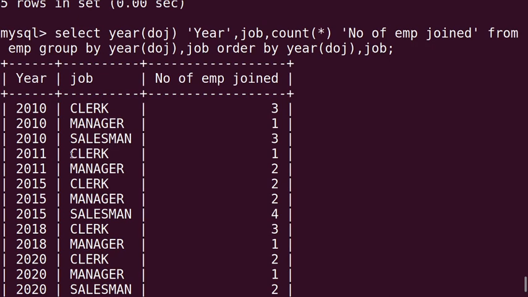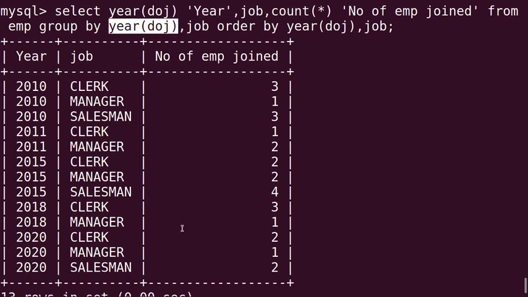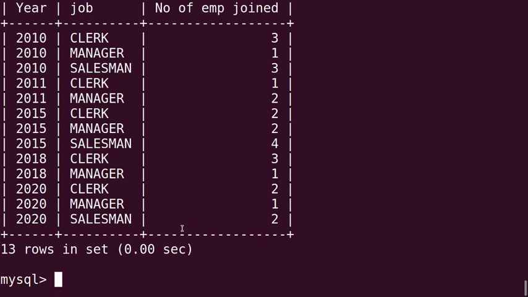In 2011 clerk was 1, manager were 2. Like this the records are grouped first based on the year function of DOJ, and then within the year values they are grouped based on the job values. Hope it is clear.